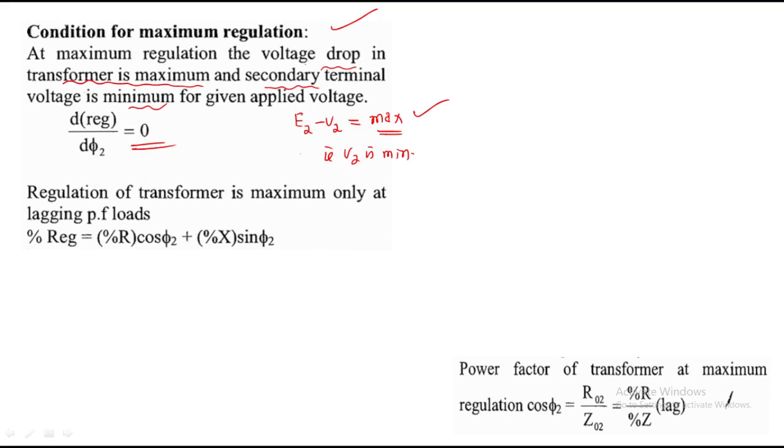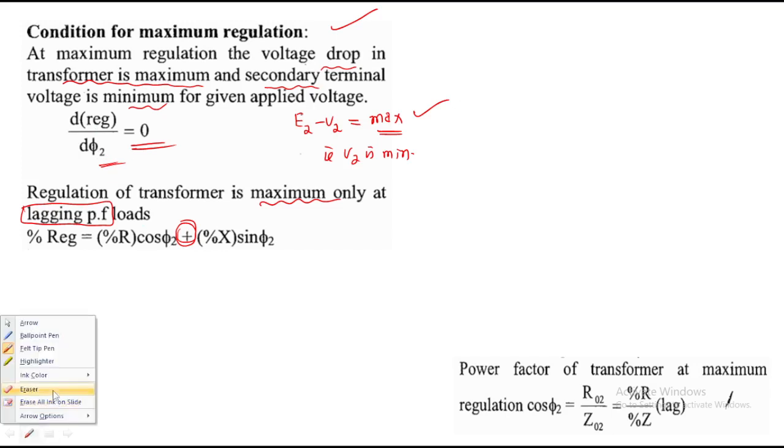Differentiation of regulation with respect to the secondary phase angle equals 0. We all know the formula for regulation of a transformer is maximum only at what? Leading power factor. What is the reason? Because we have the positive sign. Therefore the maximum voltage regulation is obtained when differentiation of regulation with respect to the secondary phase angle equals 0. Therefore from this,